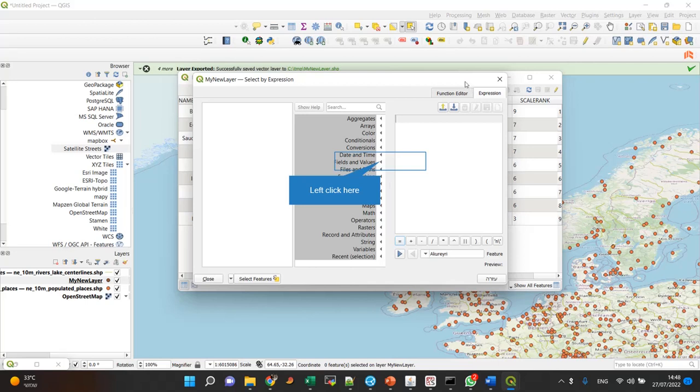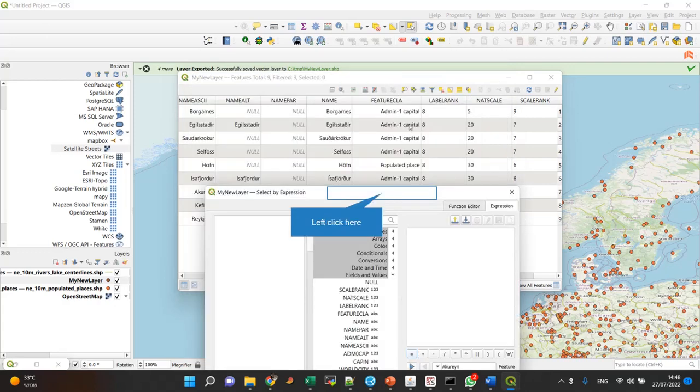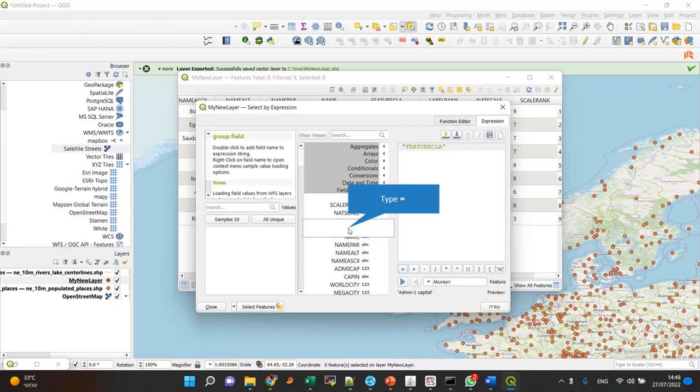that's select features by expression, and here I have the fields, the columns in the attribute table, and as we saw, the one that interests me is the feature class, which is this one, feature class. You might see it the other way around, right, left, but it doesn't matter. So I want to select by this field, this column,